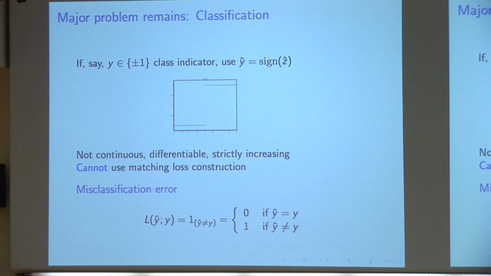Let me just tell you how SVM and related training problems are connected to what I've done, okay? So here's the problem: the one transfer function that we started with that I left out was the sign function, right? It's this discrete -1 +1 step. Very bad function. It has none of the properties we need. It is not strictly increasing. It's not continuous. It's not differentiable. It satisfies not one single thing we need. You cannot hope to do anything like a matching loss with this kind of a function. Believe me, I and others have tried, okay? It just isn't going to work out.